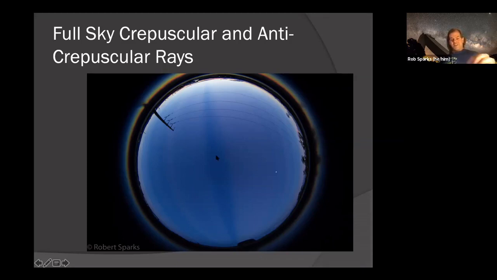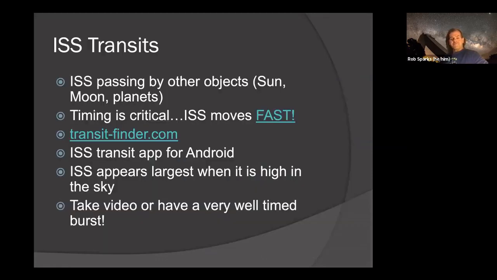But I just love this because I can see the whole thing at once. I've gotten other times where I've seen single crepuscular rays or a couple go across the sky, but never this many going all the way across the sky. So that is definitely a rare shot. And I've searched the web to see if I can find any other pictures like this, and I've seen no other pictures of someone capturing this with a fisheye lens going all the way across the sky like this. So if you find one of those pictures, I'd love to see it, because I'd love to see other examples of this phenomenon. I think there would be some, but I've not had any luck finding anyone else who's done it.